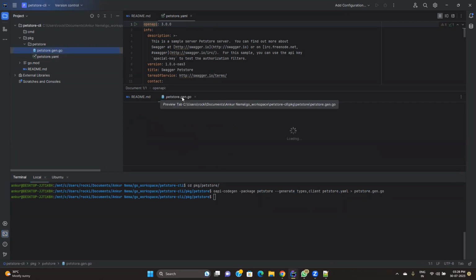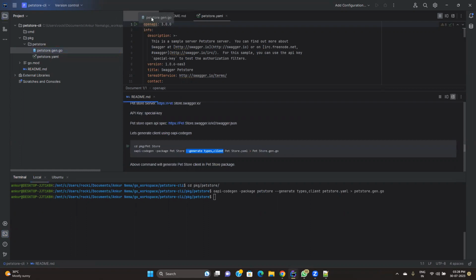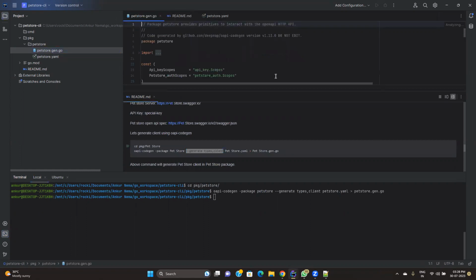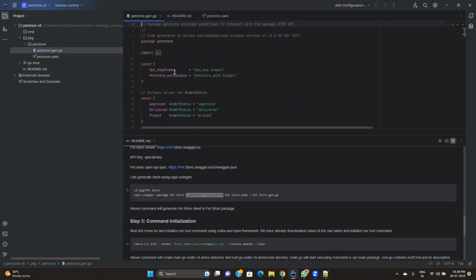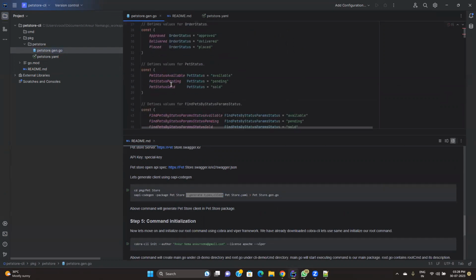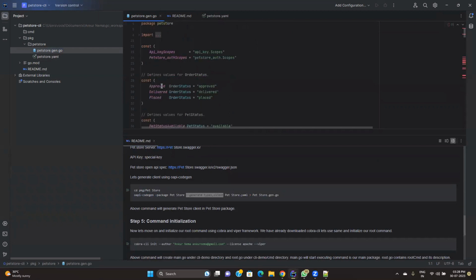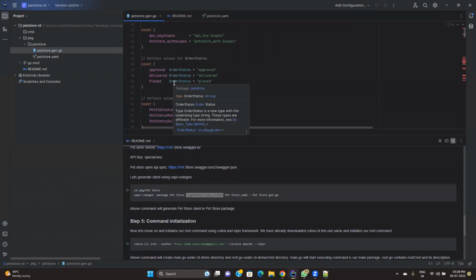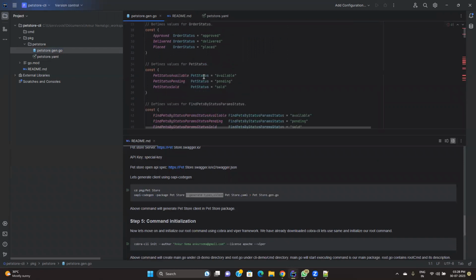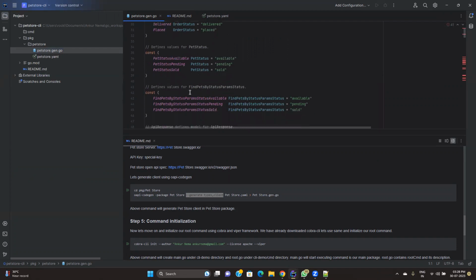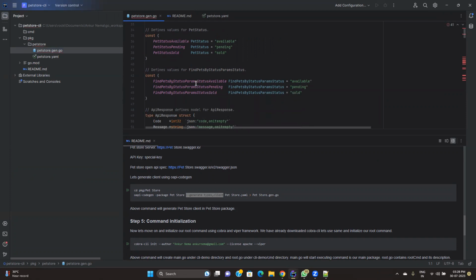So when I do this, you will find that you get a file here. When you open this file, you will see a good amount of code is generated for us automatically. It has basically converted the entire spec into code which you can use very easily. Here you can see it has created my constants. It has created some order status, some pet status,